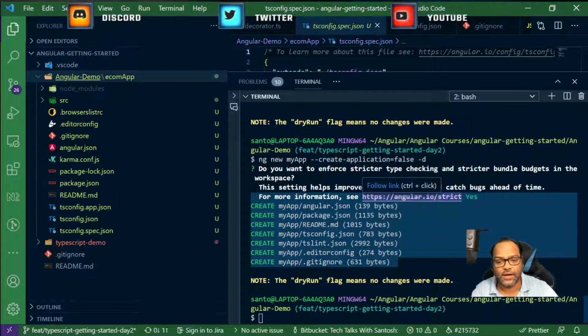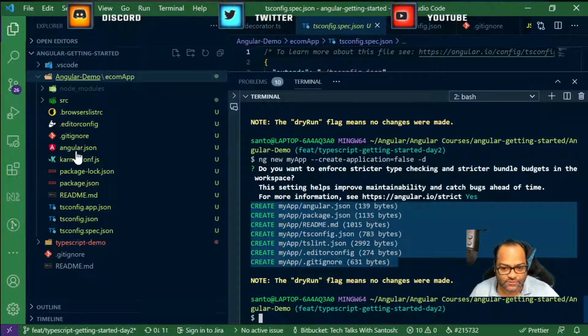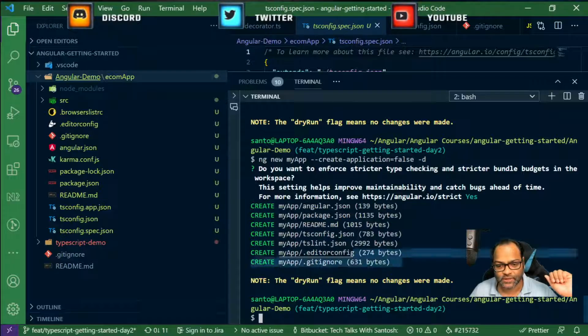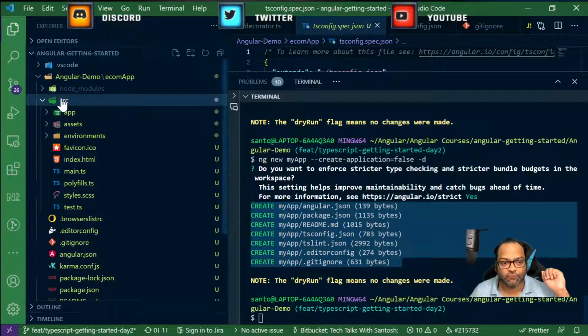Because we are saying that I don't want to create a default application, and in case you don't have a default application, I mean there is no point in having a routing or no point having a default style sheet available. So in this case, this will be just the files which are available here outside. Like, so you have tsconfig, you have angular.json, package.json. So it's an empty workspace, and then you can add new application, new library, which we will talk in more detail later on. So this was just to introduce that whenever you are creating a new application, you can also do it without having a default application.